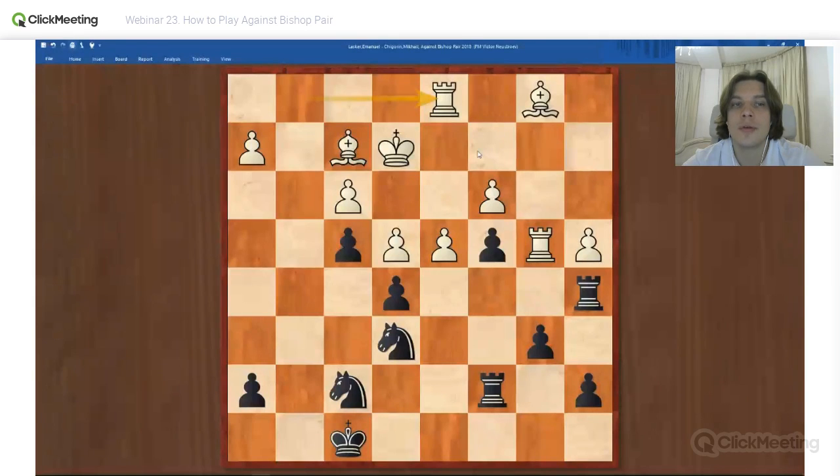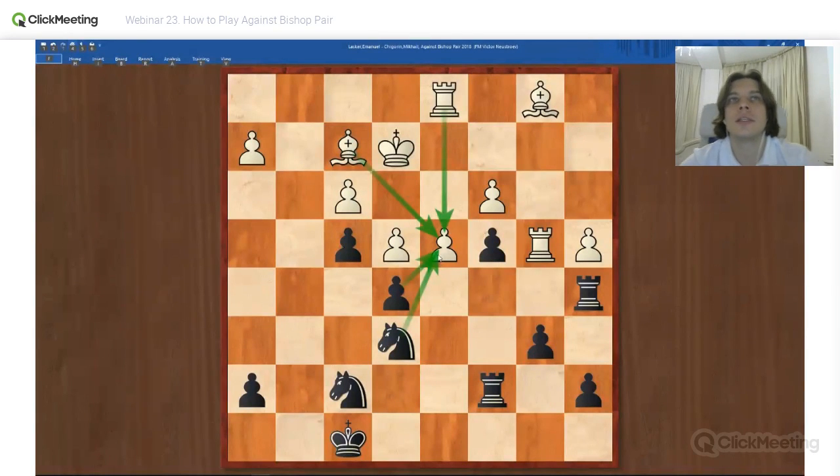Should we take on d4 right now? What do you think? What do you think if this move works? Bishop d4, knight d4, rook d4. In whose favor is it? You get an isolated pawn.